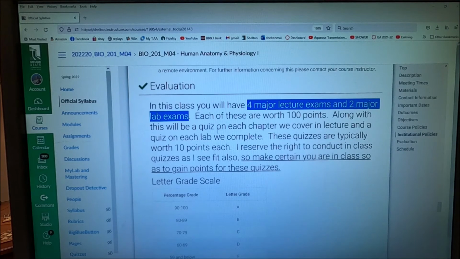Now, lecture quizzes will be done online. They're non-proctored, open notes, open book, what have you, easy peasy. Whereas lab quizzes will be done in class, closed book, and we'll be talking about how those will be orchestrated as time progresses. All right, but if I go over here to modules,